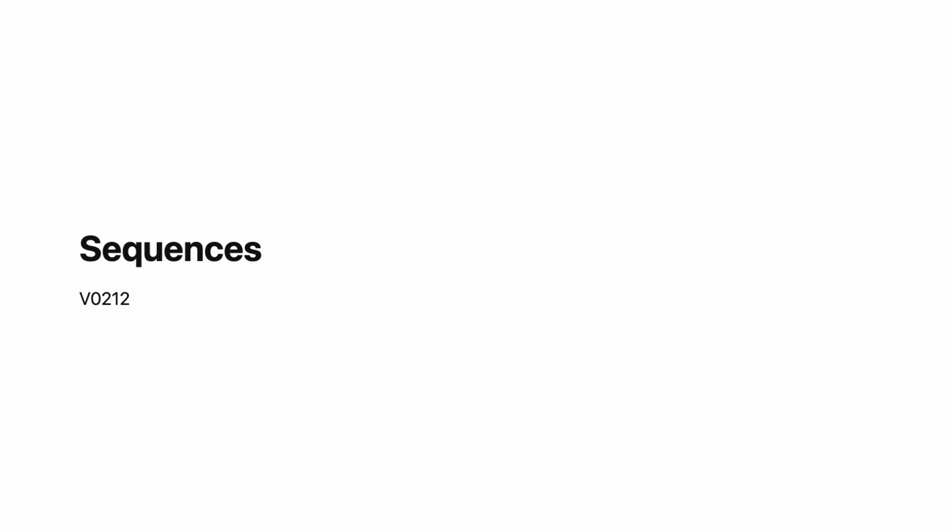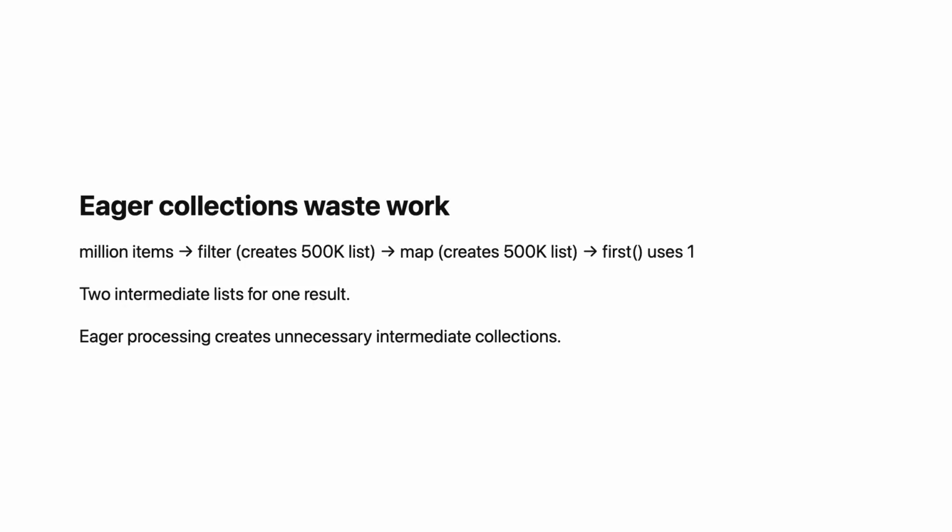Collection operations are eager. They process everything immediately. list.filter.map.first. Filter processes all elements. Map processes all results. Then you take the first. For small collections, this is fine. For large collections, this